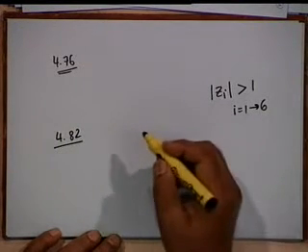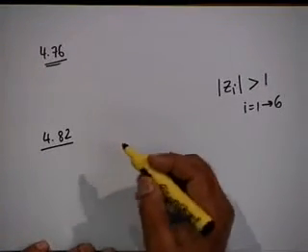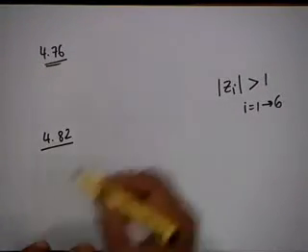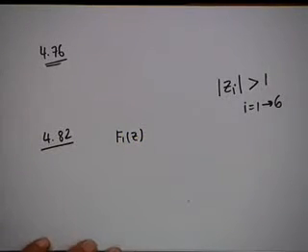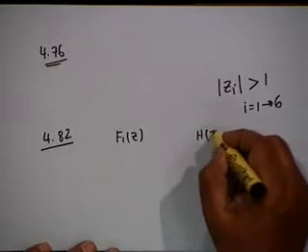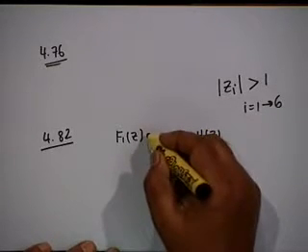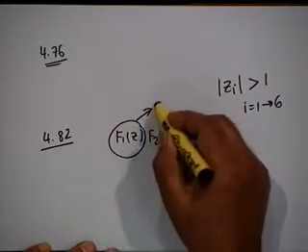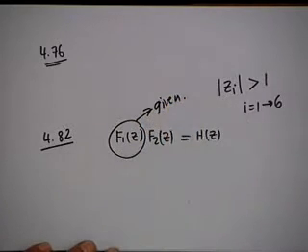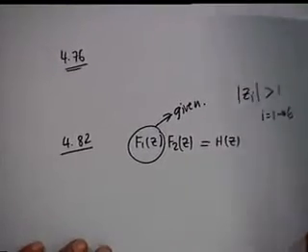482 states, let f1(z) denote one of the factors of a linear phase FIR transfer function H(z). H(z) is f1(z) multiplied by some other factors, let us say f2(z). This is given. The question is, determine at least another factor f2(z) of H(z) for the following choices of f1. The choices are